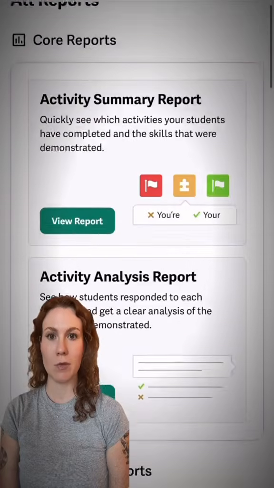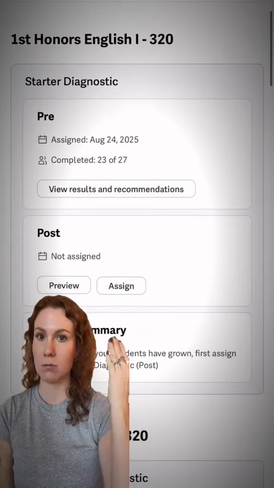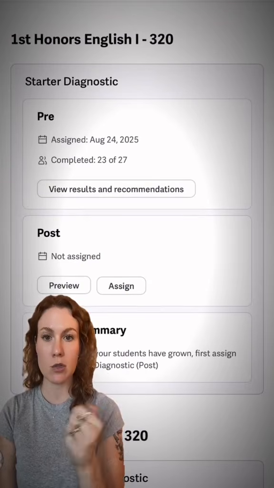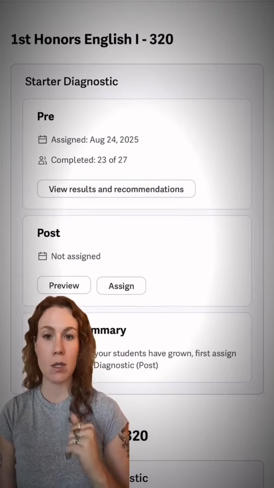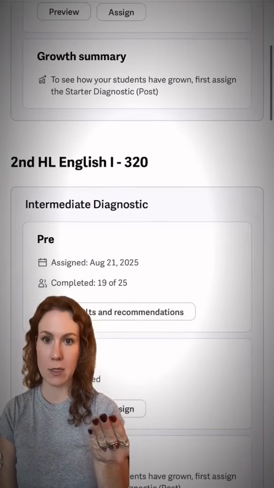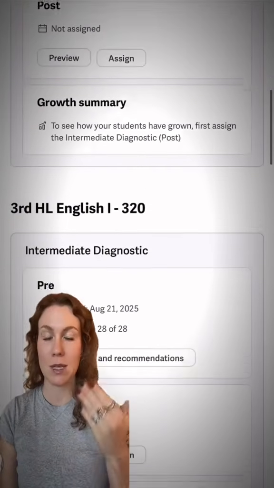Moving on to some of the reports, we are going to start with the diagnostics report. This is my freshman class. We did the starter diagnostic. I could click review results and recommendations, and you would see every single student. You would see how they did on that pretest, and you would see what activities are recommended to them. It just takes a click of a button to automatically assign them the activities that they need to work on